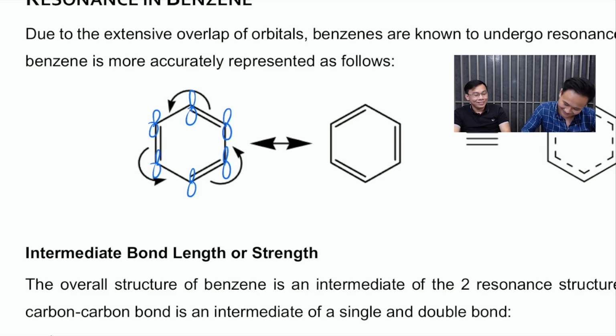These p orbitals here, they sideway overlap, form all those double bonds, right? But tell yourself, by right, these 2p orbitals are also parallel and they can sideway overlap. By right, there should be a double bond here, and here. Now, this idea is called resonance. There is no double bond here right now when you draw it, but by right there should be, right? So we say that these double bonds can move. And we show this movement by doing this kind of arrow pushing.